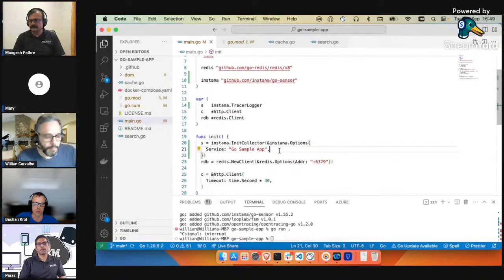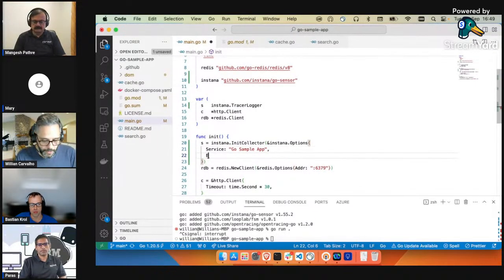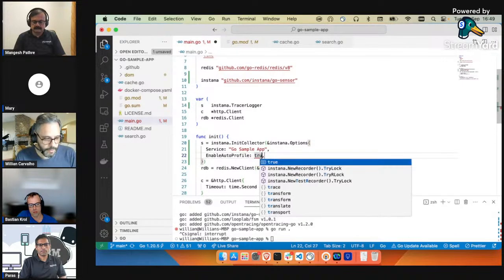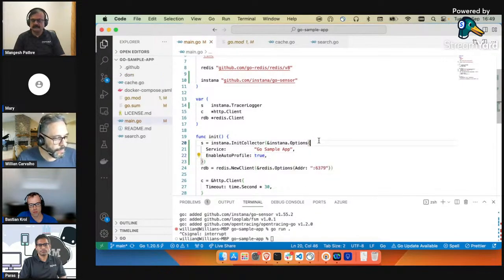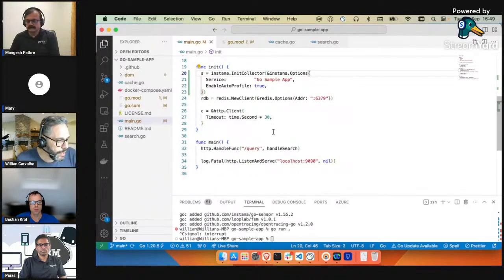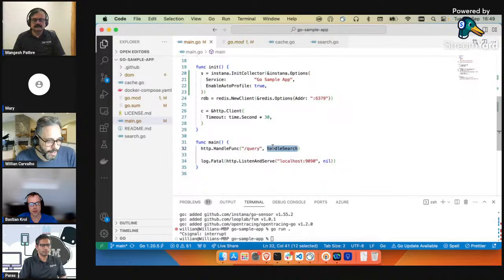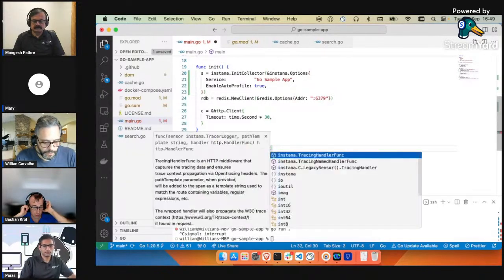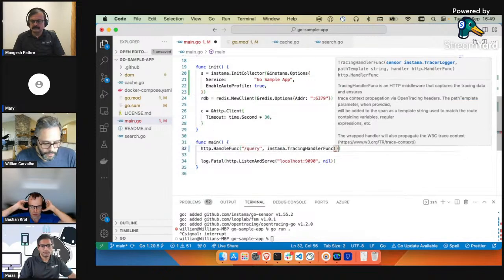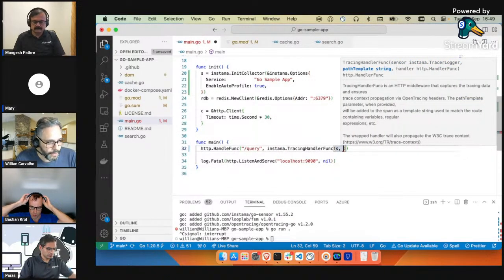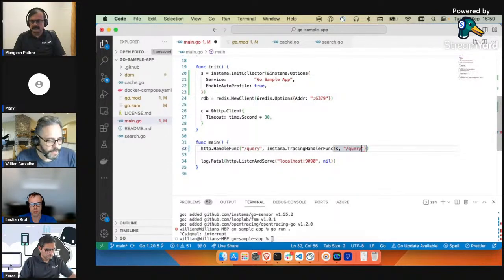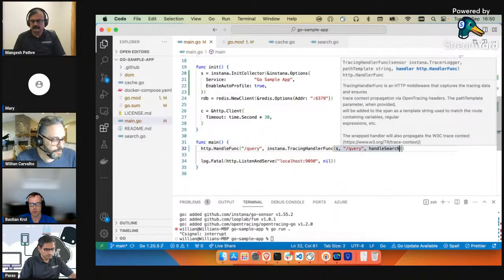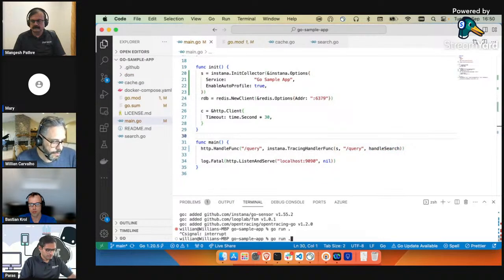As I said, metrics you get for free. Profiling, you have to actually manually enable it. So that's what you need to do. And just to save time, I will already instrument any incoming HTTP request. That's pretty much a wrapper for this function here, right? We saw that before. That's the one. We provide the sensor as a reference, the tracer. We need to repeat here the same query and then the function. That's it. If we start this now,